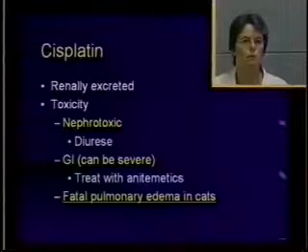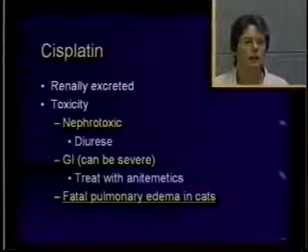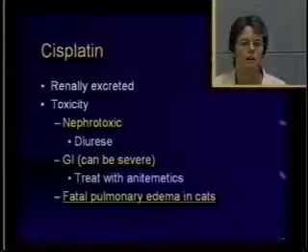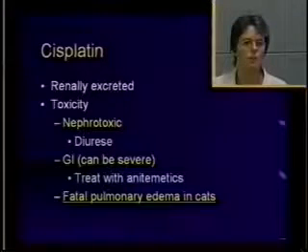Cisplatin is one of the platinum drugs. It's renally excreted and is nephrotoxic. Because of this nephrotoxicity, a relatively extensive diuresis protocol needs to be used whenever this drug is used. You need to have an animal on a high rate of fluids and be diuresed for 4 hours preceding the drug and 2 hours following the drug. And this is sometimes very labor intensive, and so we've tended to move away from cisplatin as carboplatin has become